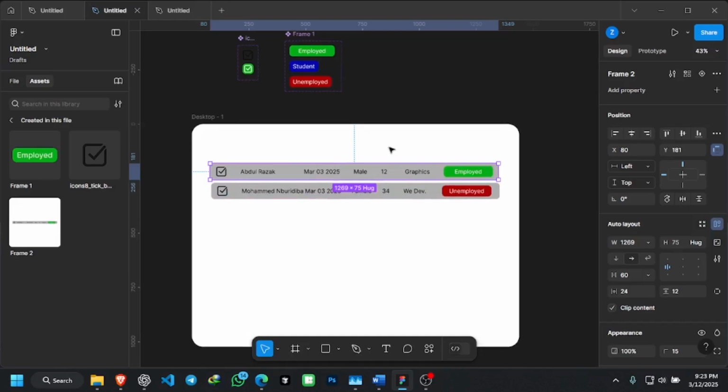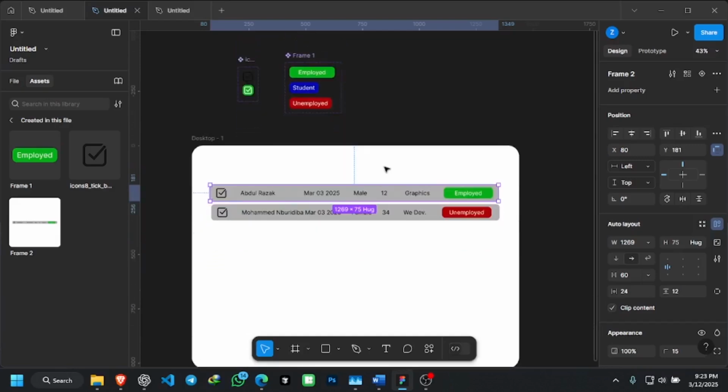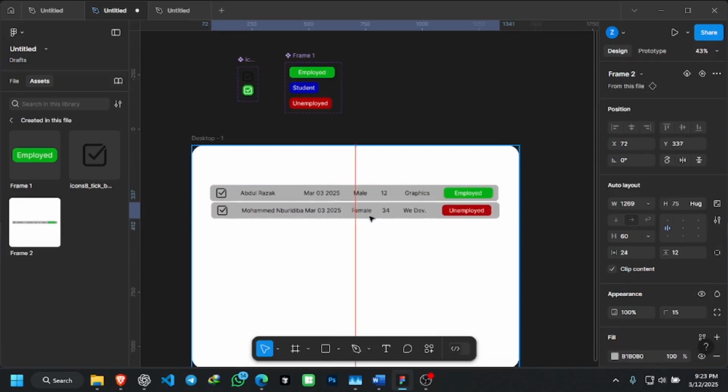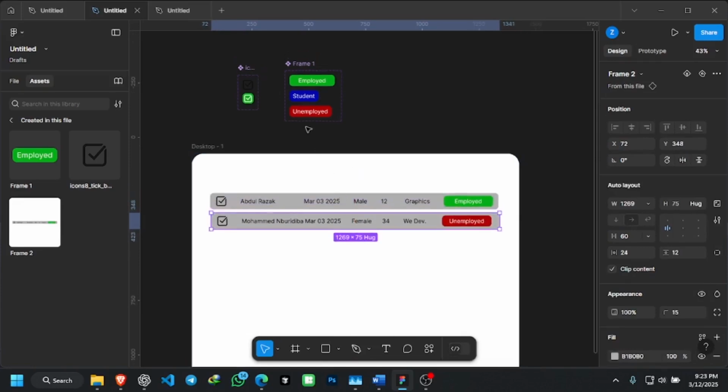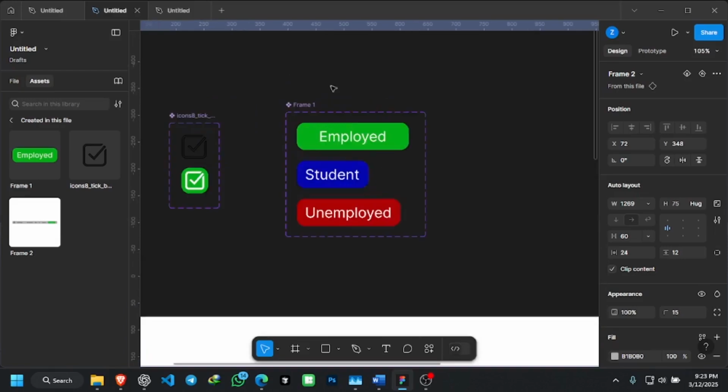Okay, so I'm going to go over the tutorial we had last week, and I also tried to complete the project. For the sake of those who were not available, we were supposed to create a project with the components we've created based on the concepts that we've learned so far, and that was auto layout, components, and variants. For the sake of those who were not there, we created these checkboxes, these buttons as components